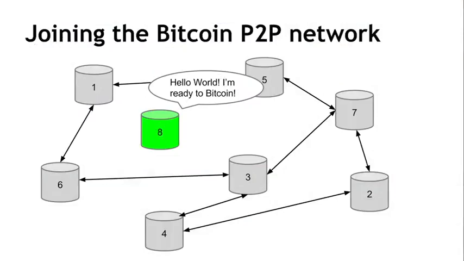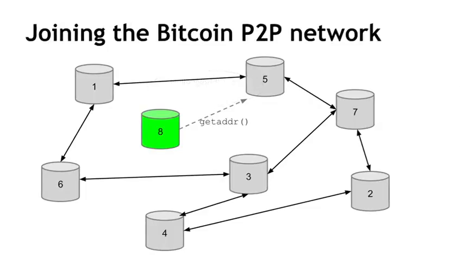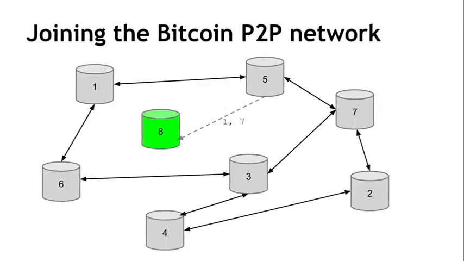Now, if you launch a new node and say you want to join the network, you start with a simple message to one node that you know about. So all you need to know is how to get to one node that's already on the network. This is usually called your seed node, and there's a few different ways you can look up lists of seed nodes to try connecting to. But you find your seed node, and you send a special message saying, tell me all the peers that you have. Tell me the addresses of all the other nodes in the network that you know about. And that node will respond and say, well, I'm paired with nodes 1 and 7, you can try them.